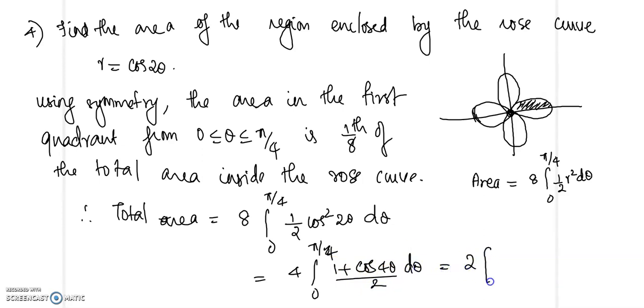So that is 2 times (theta plus sine 4 theta by 4) from 0 to pi by 4. So that will be equal to 2 into pi by 4. So that is equal to pi by 2. So that is the required